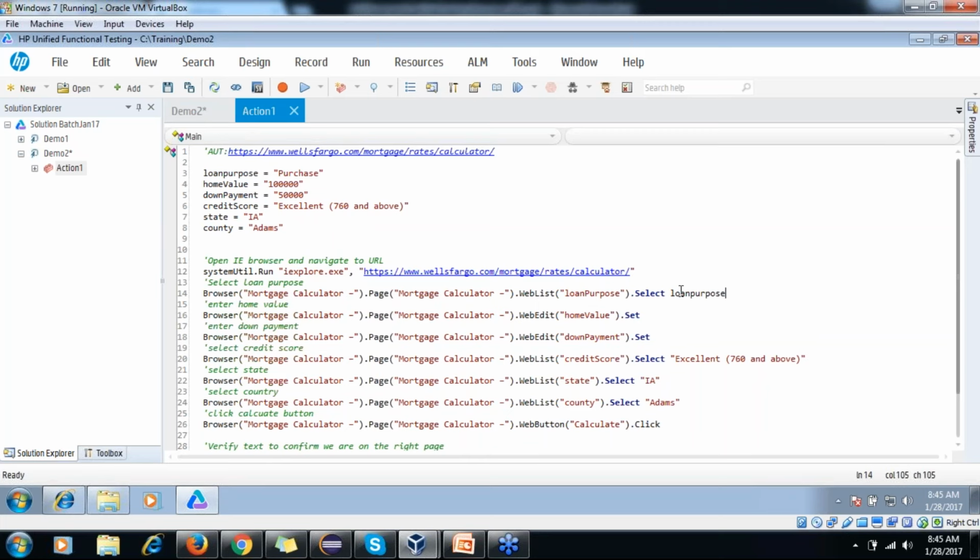So I can use loan purpose, then home value, then down payment, and here credit score, then state, and then county.